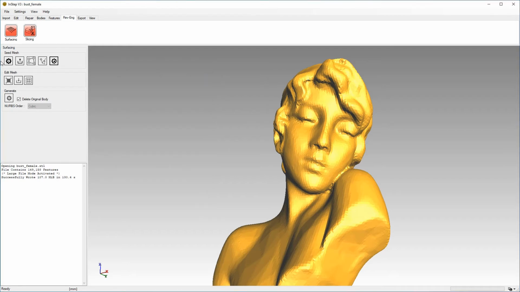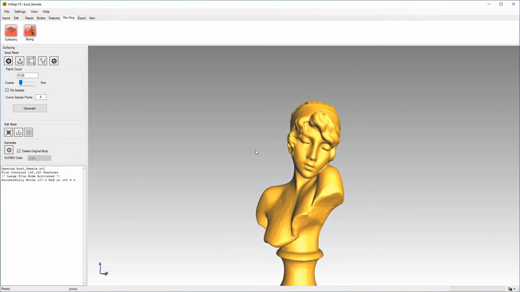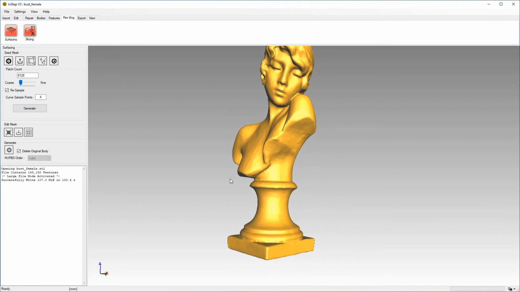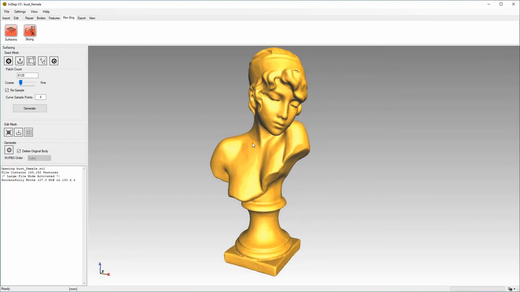The recommended option here is to use the automatic seed mesh generator. If we click on this, we get asked to define the number of patches and whether or not we want to use that resampling that we just spoke about. Resampling just takes the entire body and breaks it down into a number of cubes. The number of cubes is directly defined by those values. If we set the value a lot higher, then it will sample at a very high frequency. Generally, you want to keep that at its defaults, but it's worthwhile experimenting with that if you get unexpected results or if you're looking for something very specific.